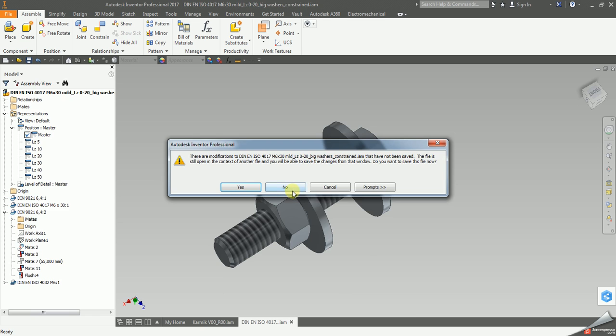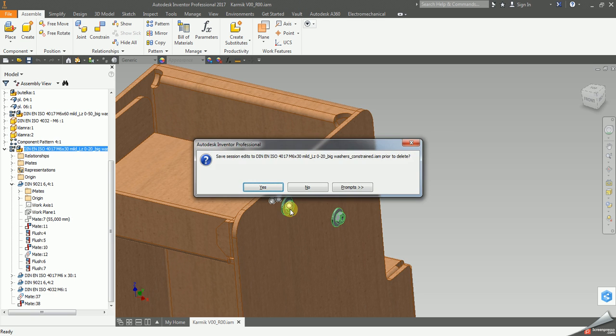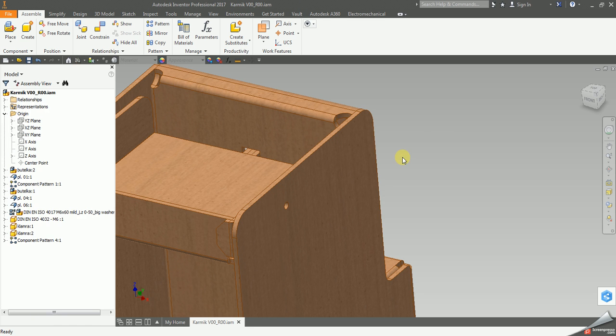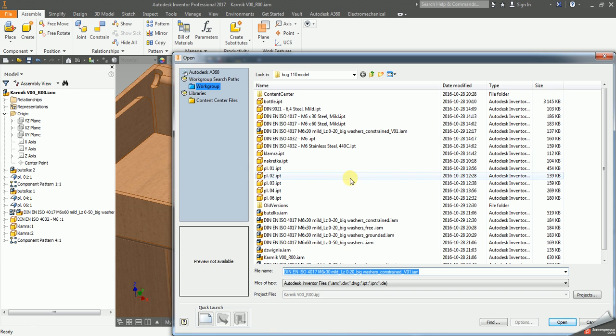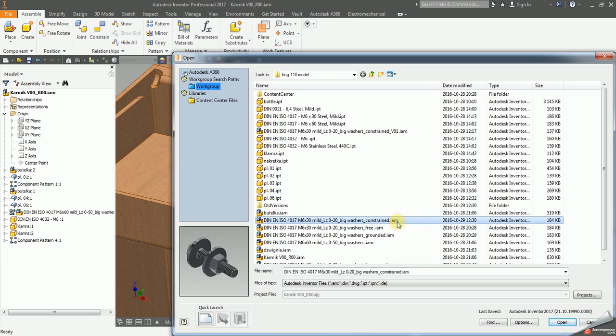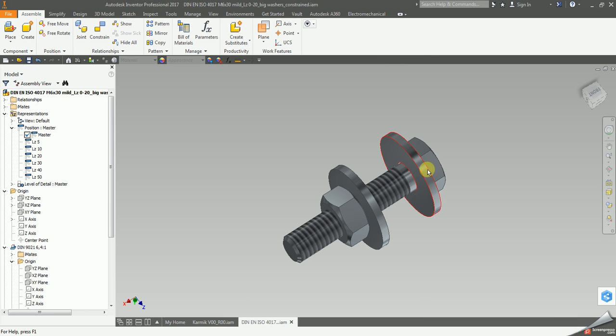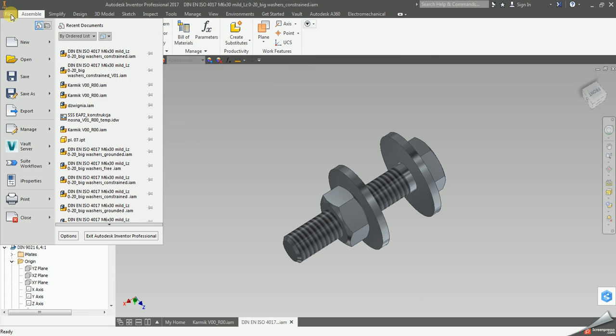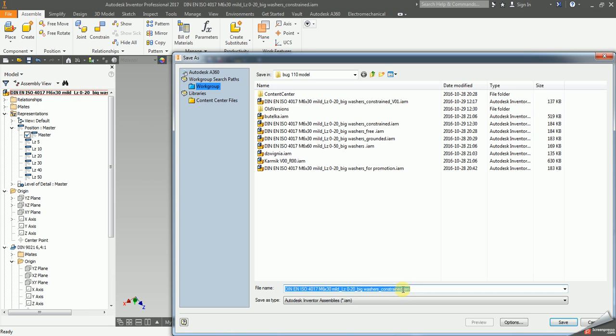Now I will get rid of that, and I will now show you how the flexible assembly can be made so Inventor can place it properly. I have made an attempt first, but I will now make it just on the video to show you how it is done. So I will make a copy